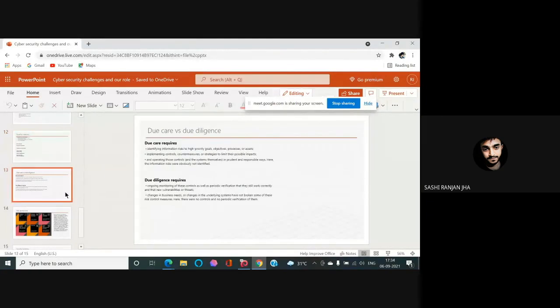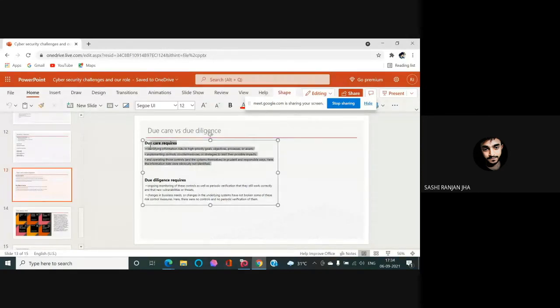In due care and due diligence, we identify information risks to high priority goals, objectives, processes, or assets, implement controls, countermeasures, or strategies to limit their possible impacts, and operate those controls and systems themselves in prudent and responsible ways.